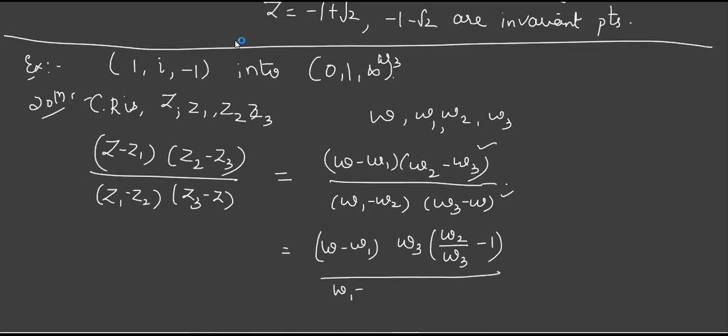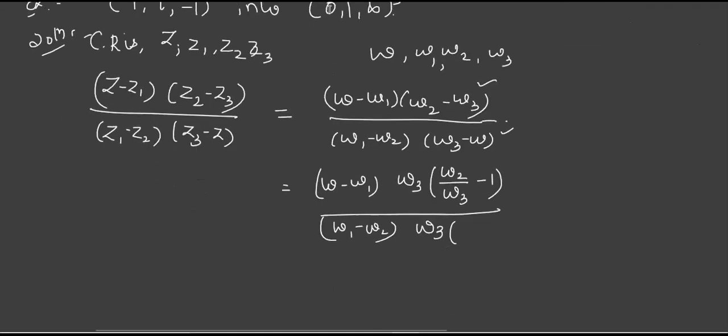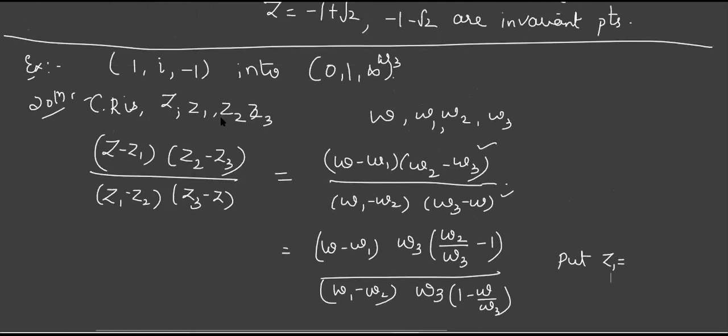Here, don't disturb the first bracket. What is to be done with the second bracket? Take W3 common again because it is infinity. What will you get? 1 minus W by W3. Now tell me what is Z1. See the points and tell me what is to be substituted now. One simplification: why did we take it common? To cancel it.